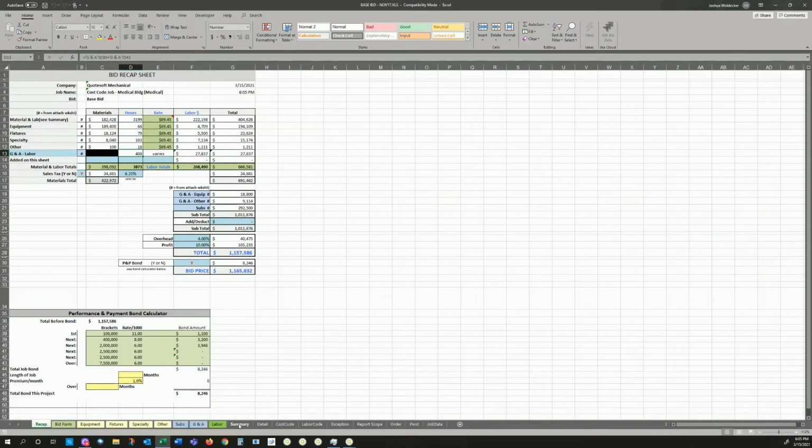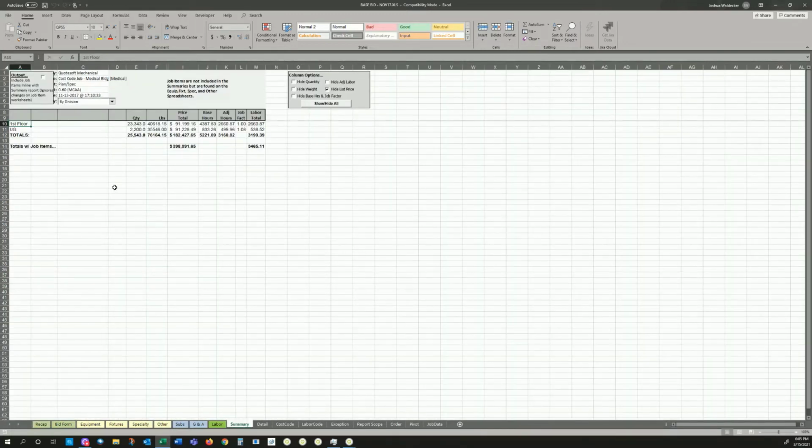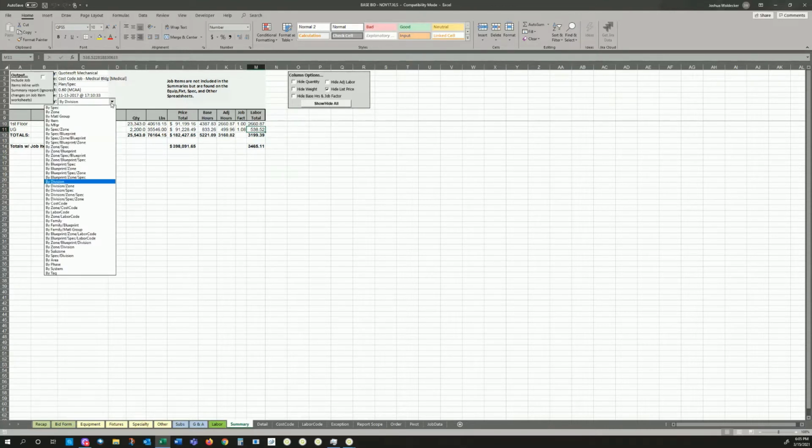And what I want to focus on here is the summary. We were just talking about various breakouts in your job. So you see I have this job broken out. I've got 400,000 in material and almost 3,500 hours. And you want to see what your breakdown is here by the various sections. You see the first floor versus the underground, the way I have it set right now. That first floor has 2,600 hours, the underground is 538, and you probably want to see that broken down